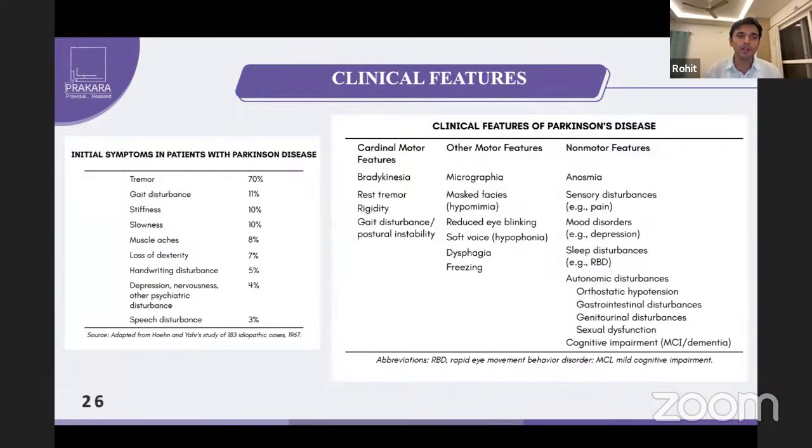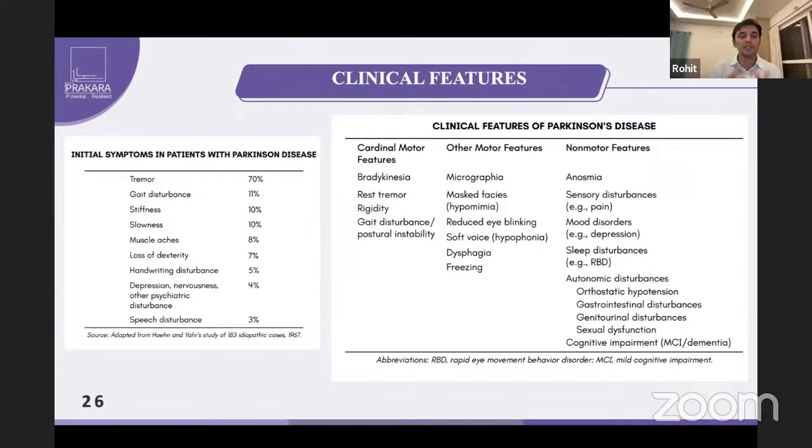So what could be the first symptom in Parkinson disease? Is it always anosmia? No. Some patients may not develop anosmia. The most common feature with which Parkinson disease patients present to us, and the starting symptom, is tremor. In around 70% of patients with idiopathic Parkinson disease, tremor is the first and most predominant manifestation. Similarly, they can have gait disturbances. Some present with stiffness, some present with slowness, and